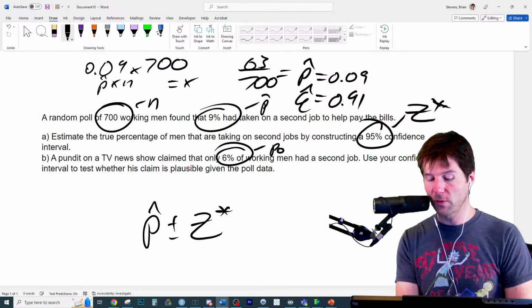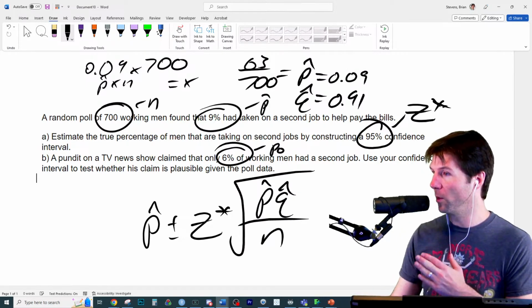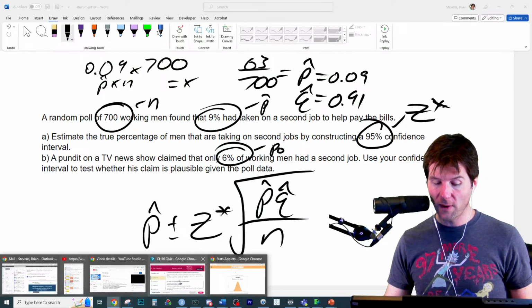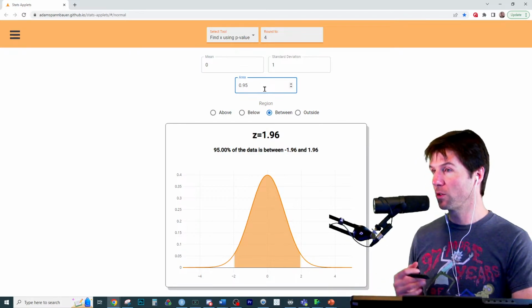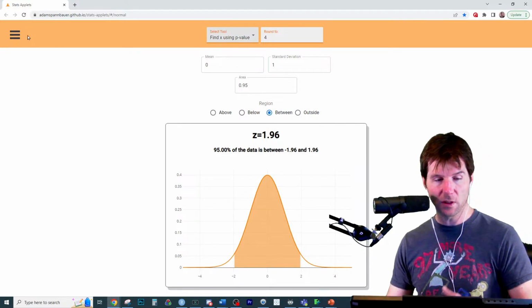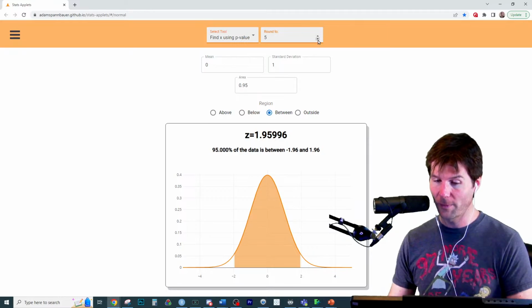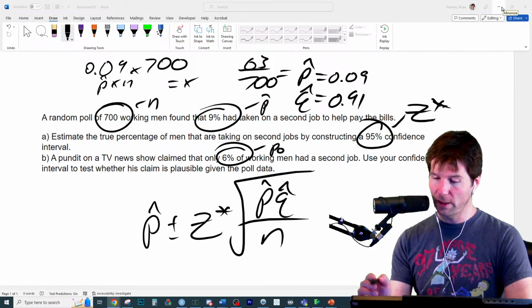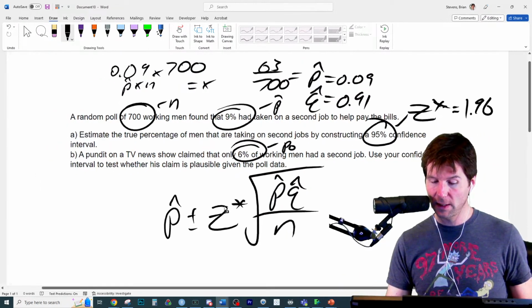We'll show how that Z-score is found in a second. The Z-score, we would either give it to you on the test, or you'd use an applet. So we've got the app right here, and the 95% confidence interval Z-score is always going to be 1.96. You want to make sure you're on the Z-score and set it up the following way. With 4 decimals it is 1.96, or 1.95996 if you go to the next decimal, so you don't need to go that far. There's all the notation we need, a Z-score of 1.96, a very classic number in statistics.